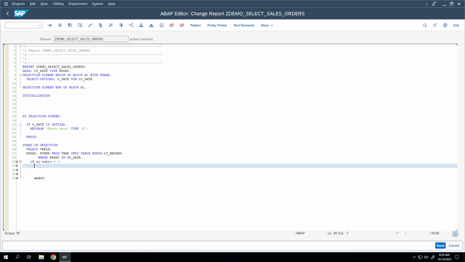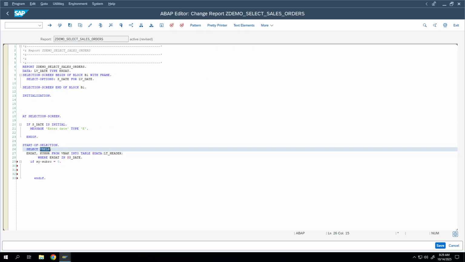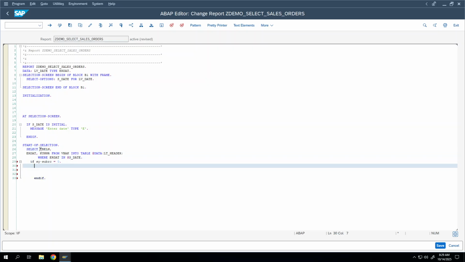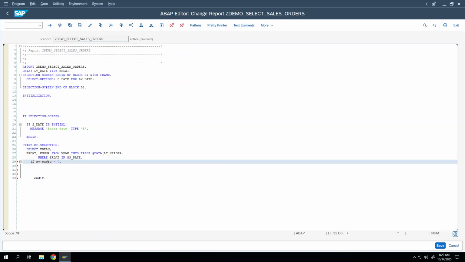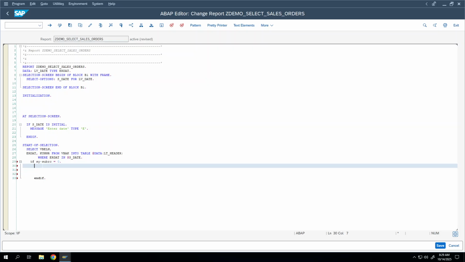Yes. Now what is the prerequisite to do that? What concept do we need to use? FOR ALL ENTRIES. To do that, we need to have some prerequisites. That is, sort the internal table, remove duplicates, and make sure there are no blank values. What is the primary key of VBAK? VBELN only, right? Is there any chance of duplicate records by VBELN? No, right? But still we follow